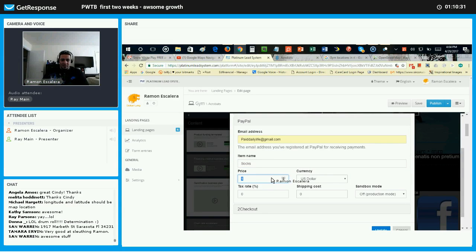Let's just take a guess here. US dollars, tax is 2%. Just take a guess. I think it's around 6%. We'll say 2% shipping cost, $4 to buy $2 socks. Let me change that. We'll say the price costs $10 for the socks, $4 for shipping. That's too much. 2% tax rate, and then we're going off production, which means it's live, and then click